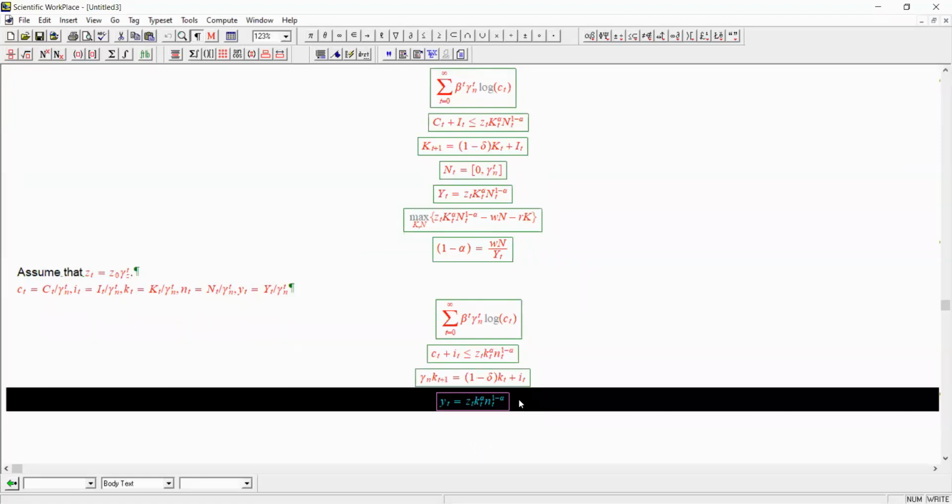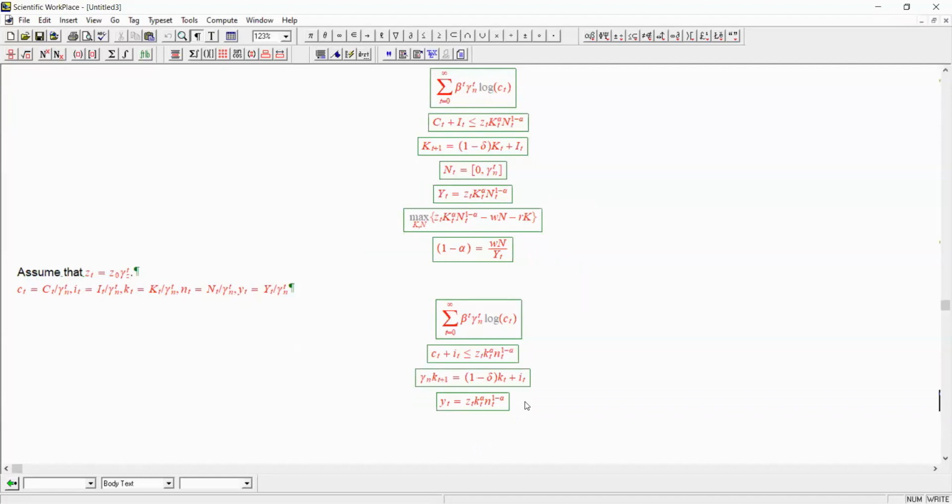Now let's think about their growth factors. We're going to use g_y to mean the growth factor of output, g_k to mean the growth factor of capital, and g_n to mean the growth factor of labor. So this means that in order for this to hold at all dates, it must be